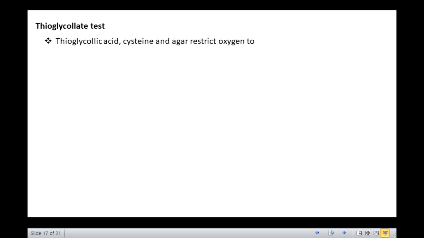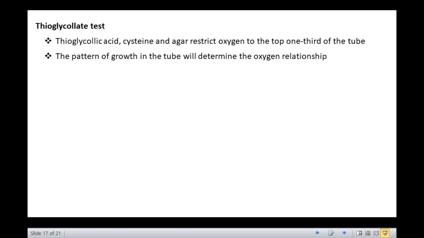It is easy to determine the oxygen requirements of a microbe by simple laboratory procedures, one of the easiest being the thioglycolate test, which can differentiate bacteria into these 5 groups based upon their relationship to oxygen. Thioglycolate agar contains thioglycolic acid, cysteine, and agar that restrict oxygen to the top one-third of the tube. After inoculation and incubation, the pattern of growth in the test tube will determine the oxygen relationship. As shown in this figure,